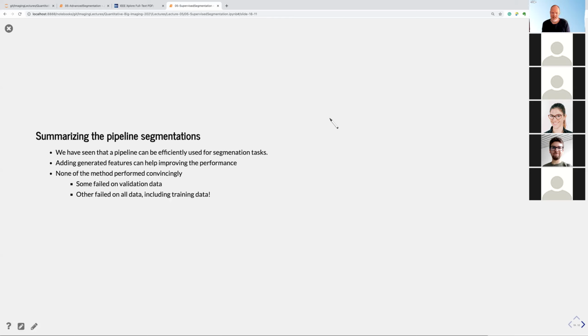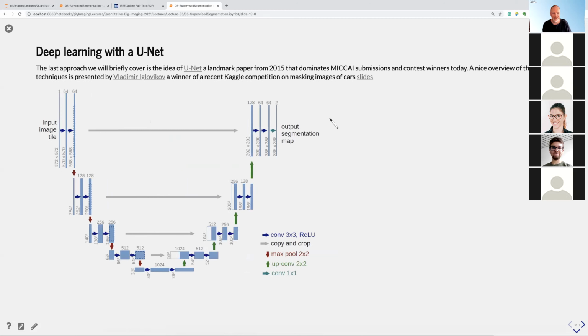It can help to generate features out of the data, but in this particular case, it wasn't really a good one. We usually failed on the validation data, and sometimes we failed on both validation and training data, which is not a very good segmentation model. So we seem to need a new way of handling this segmentation task. And what comes to our help is deep learning